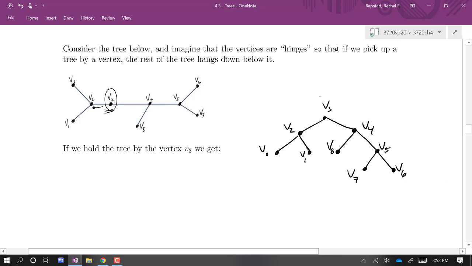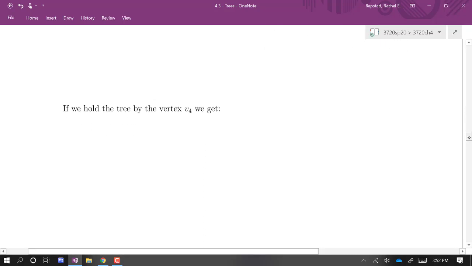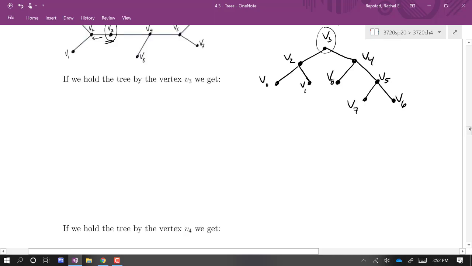So here we've distinguished V3 as being a root, and we're going to define that. That'll show up in the definition on the next page, I think. And we've imposed a sense of hierarchy on the tree when we do that. We can do this one more time. Let's say we want to hold the tree by the vertex V4. So if we pick V4 to be our root,